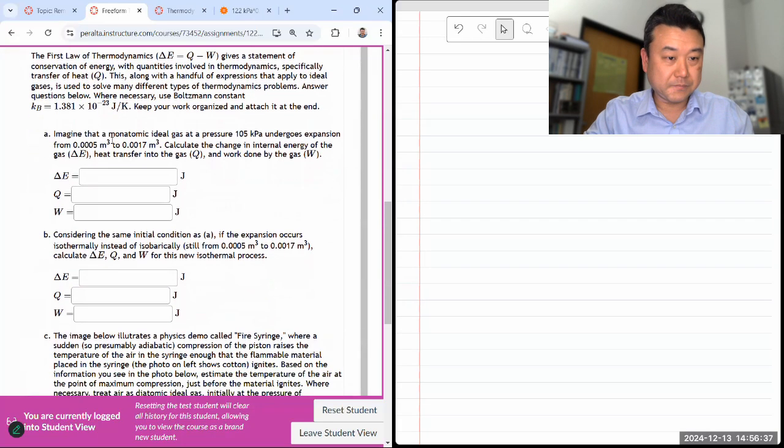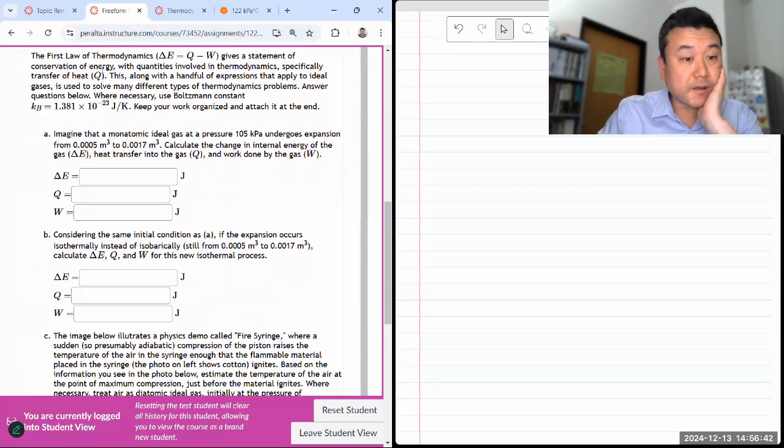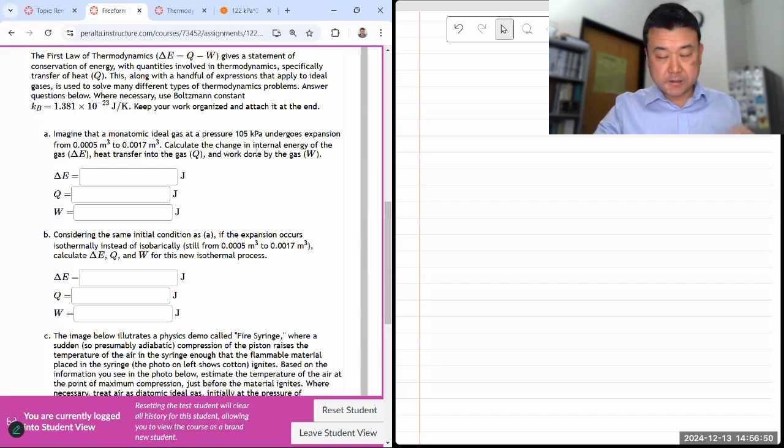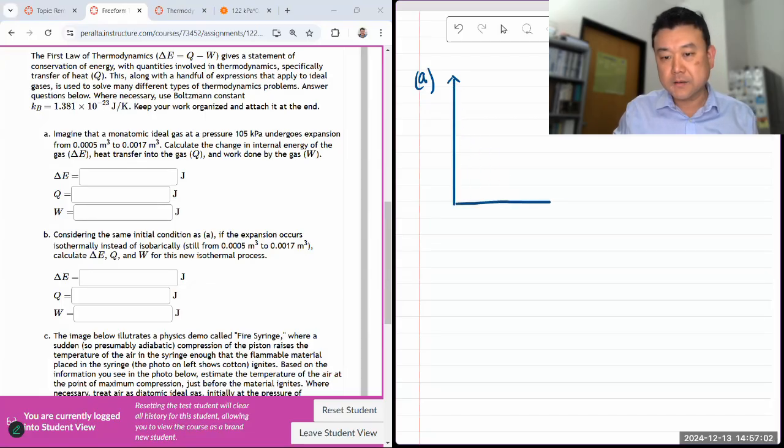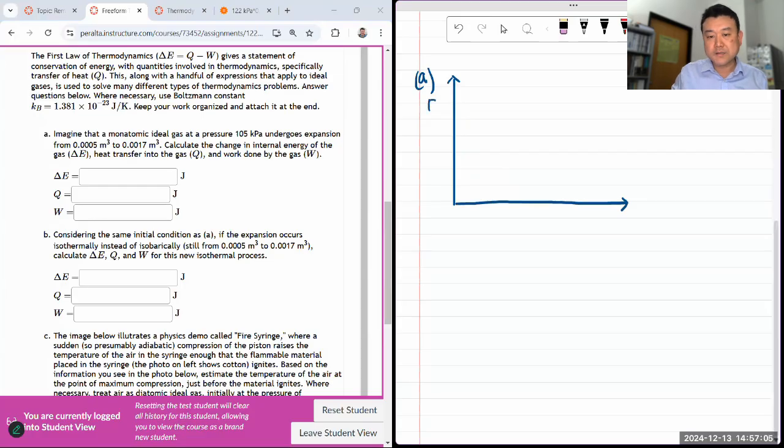All right. First law of thermodynamics gives a statement with the quantities involved. Imagine a monatomic ideal gas undergoes expansion. So let's sketch it out. That helps me think through the scenario and not make mistakes. The first step, almost always in thinking and analyzing thermodynamic processes, is drawing a PV diagram to visualize the changes that are occurring. So I'm given that a gas is at some pressure,